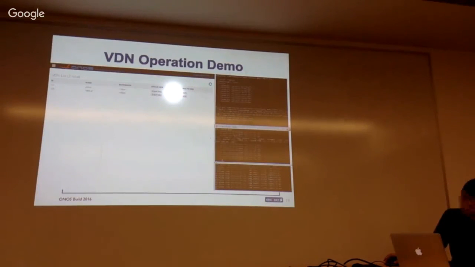If you want to update a VDN, changing some VDN name, bandwidth, or VDN hosts, it can be done in the same manner. A REST API for deleting a VDN is also provided.